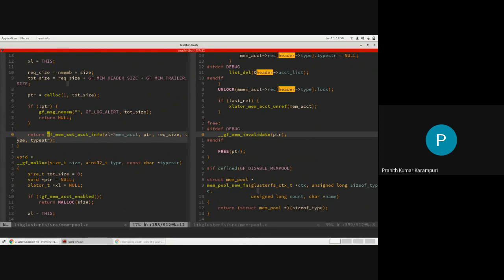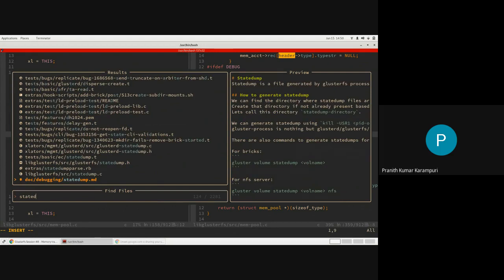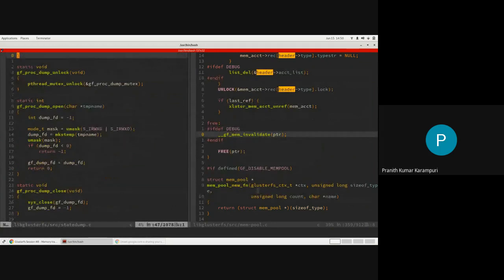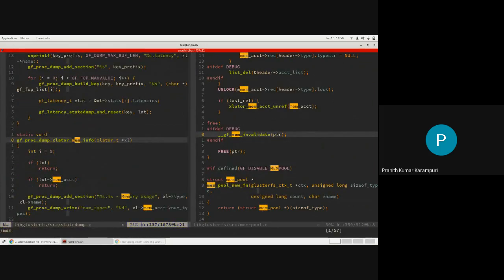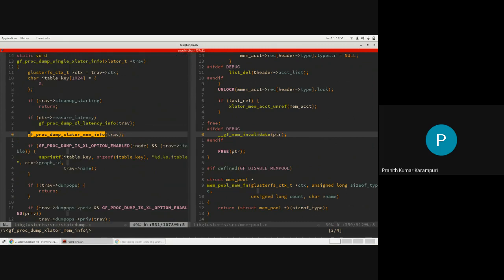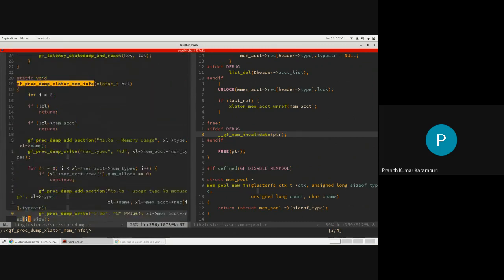Now all this information needs to be dumped in state dump. So state dump.c, is this the one? Yeah. Every time we do a state dump, it will call this dump mem accelerator mem info, which will give some information.